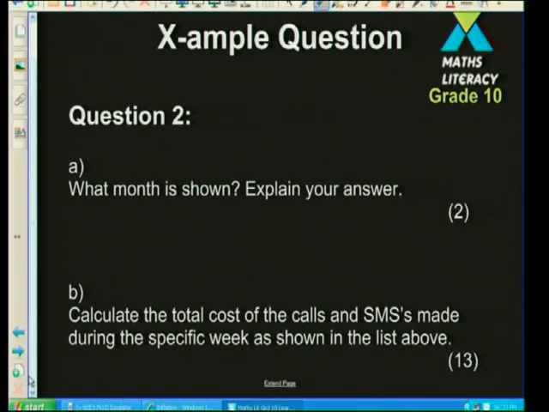Calculate the total cost of the calls and SMSs made during the specific week as shown in the list above. Yeah! Guys, this is not a problem. This is like a career. There is so much work we're going to have to do now. And I know it's a lot of work because let's look at